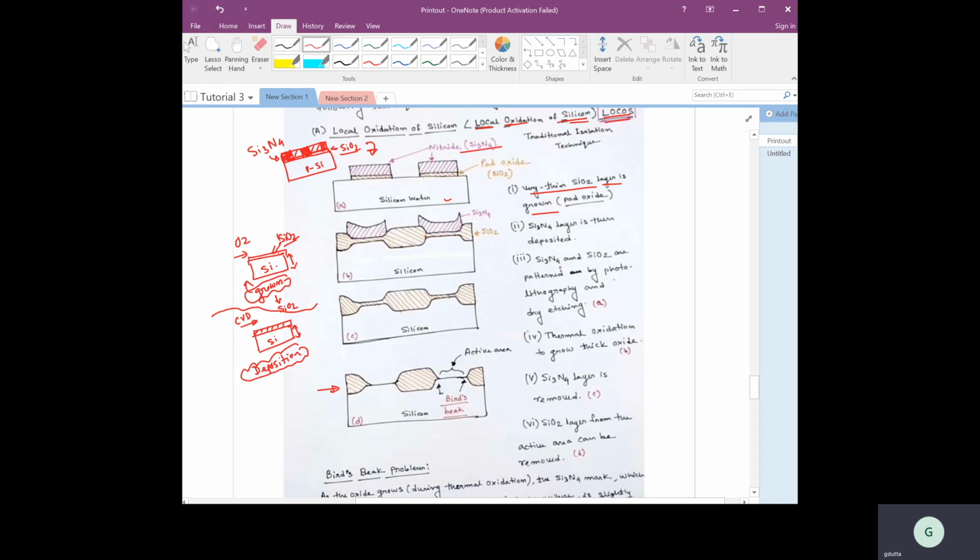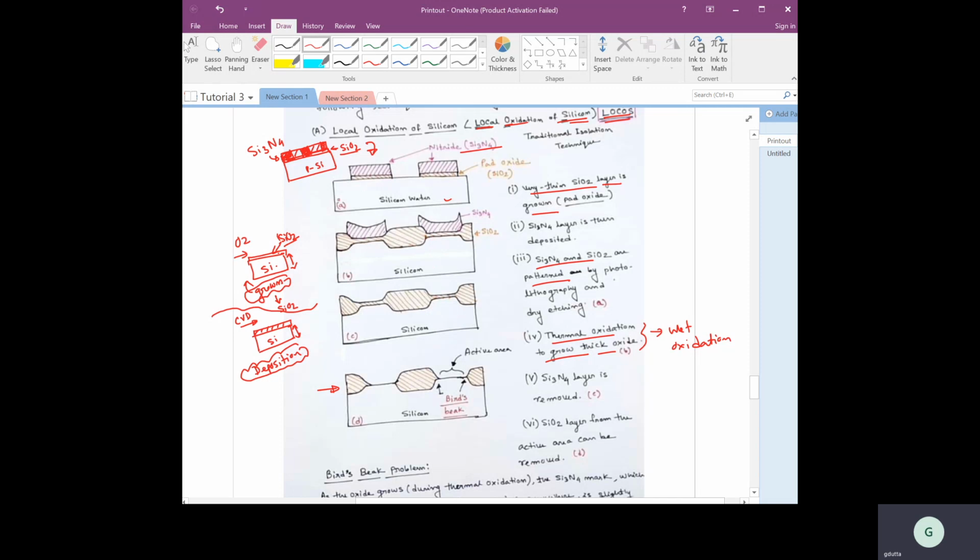Then after that, this is the patterning. I have already discussed this. Then we do a thermal oxidation to grow a thick oxide. And remember, when we try to get a thick oxide, we use wet oxidation, because in dry oxidation the oxide thickness becomes pretty thin, and in wet oxidation you can really get quite a thick oxide. So you use wet oxidation to grow a thicker silicon dioxide.